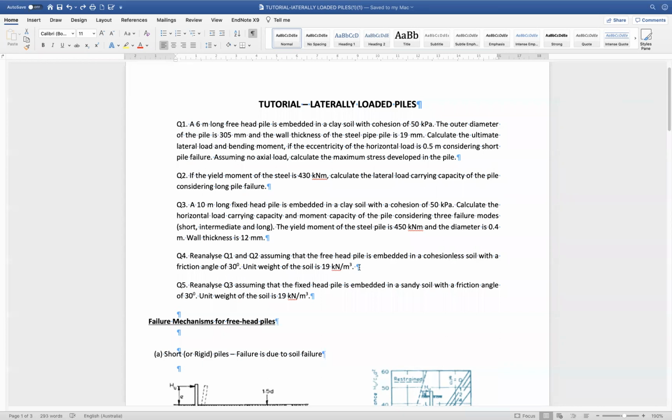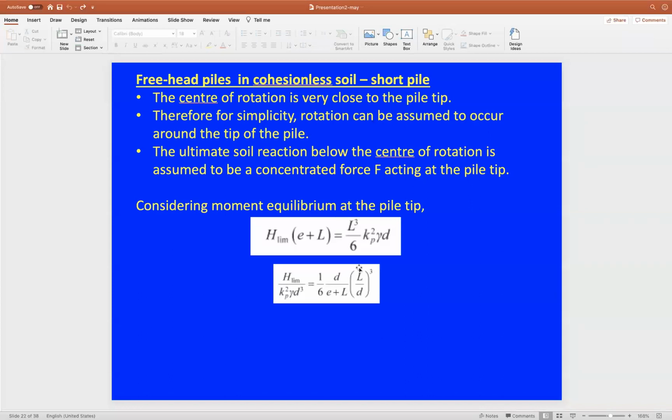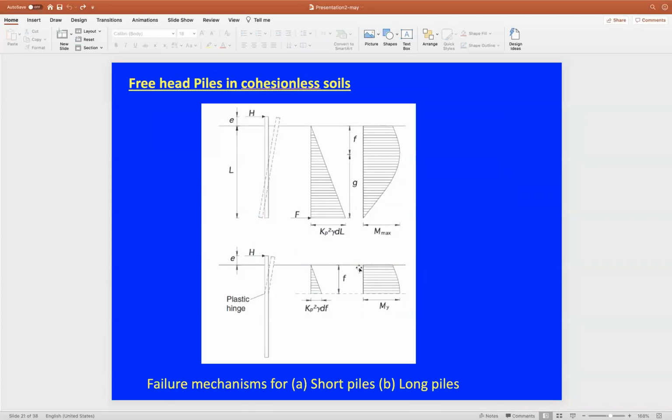To solve these questions, if you go back to your lecture notes, it's similar to these conditions where we have free head piles in cohesionless soil, and this is the short pile failure scenario, and this is the long pile failure scenario. So we're gonna assume both scenarios. Firstly, we're gonna solve it assuming a short pile failure scenario, and then we're gonna assume a long pile failure scenario, and we can check which scenario is